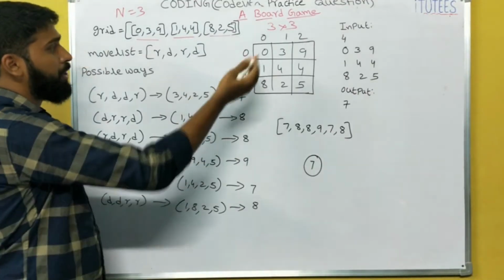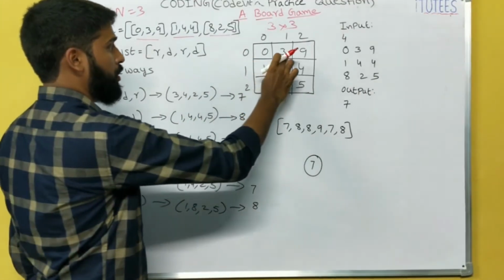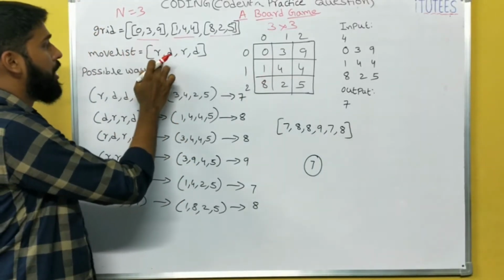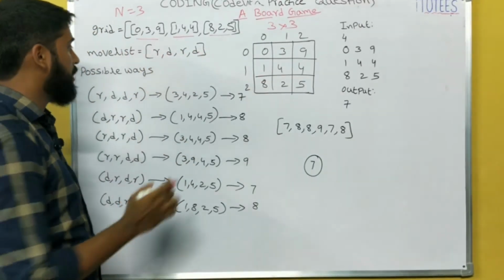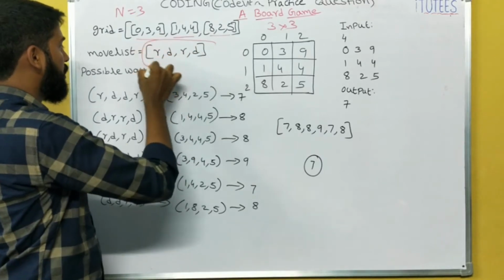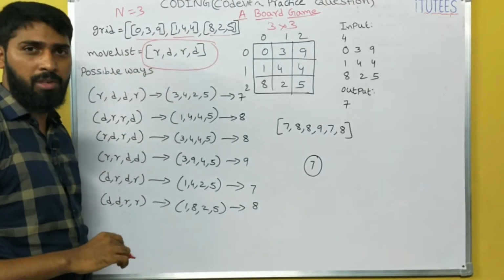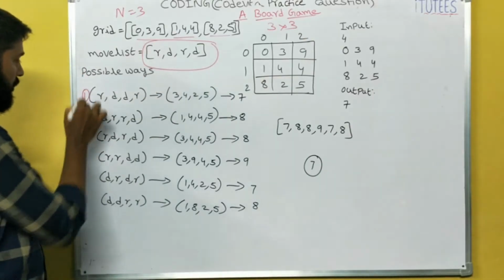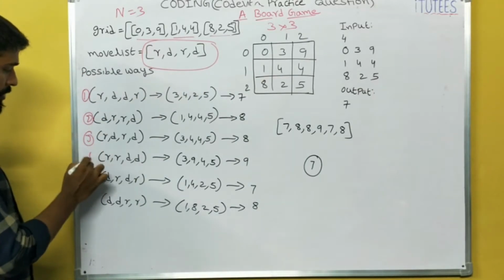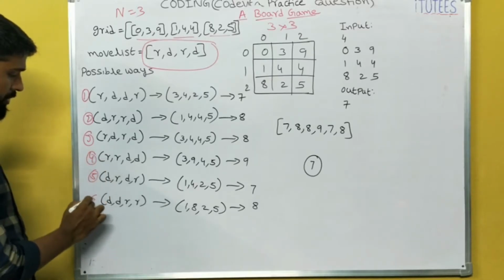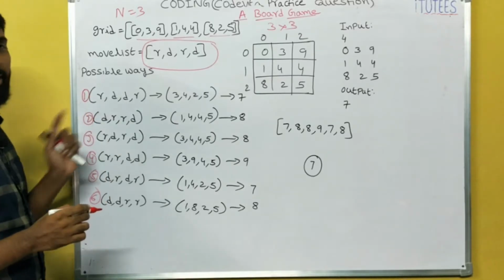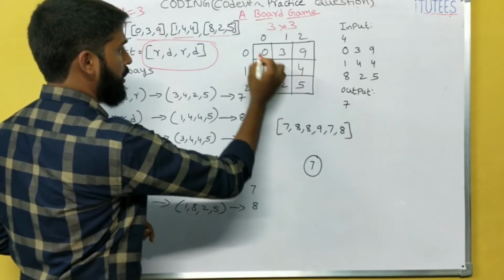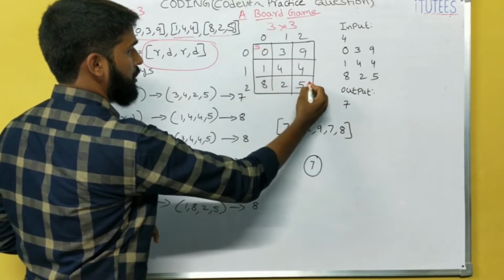After that, how many combinations do we get? How many steps? 2 rights, 2 downs. So I am taking one list: R, D, R, D. Now I am going to find all the possible ways. By using these combinations, I get 6 combinations. 4, 5, 6. So R, D, D, R. That means right, down, down, right. This is the starting position, and this is the exit position.